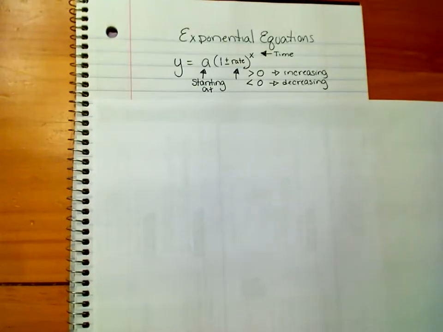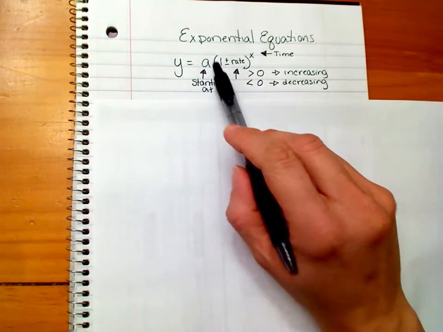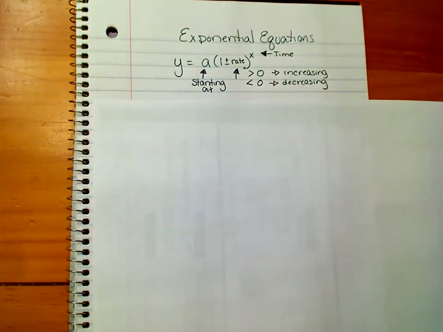Okay, so this is just an overview of exponential equations. Kind of want you to get used to what they look like. Y equals A, and then in parentheses you'll have a number. And when we're talking about